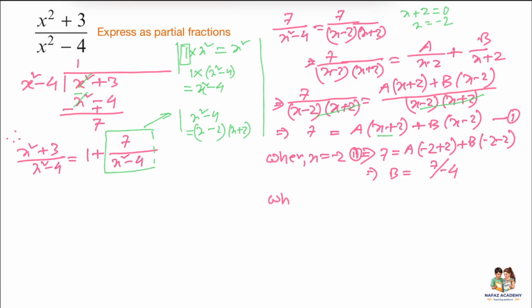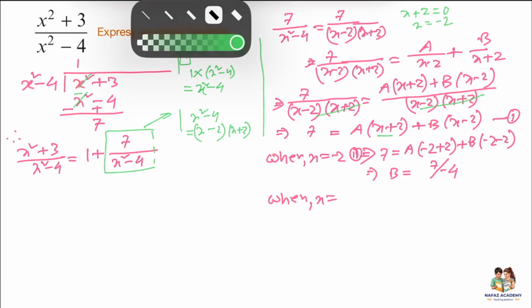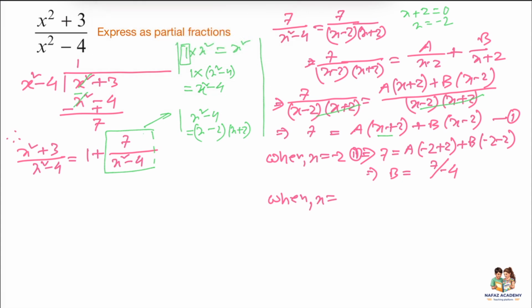And now we have to substitute x equals 2, right? X minus 2 equals 0, so x equals 2. These two. So substituting x equals 2 in equation 1, now the b part must be 0. A equals 7 over 4,